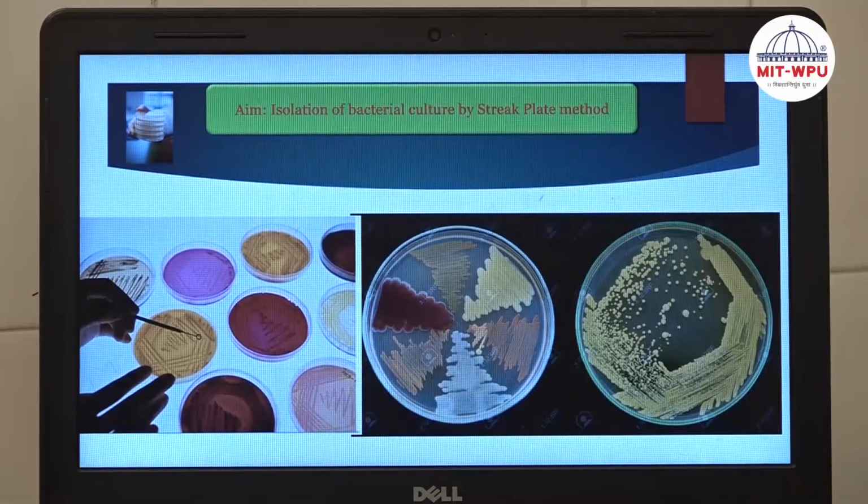We can see how it appears after the incubation. You can see the least population at the end. That colony is called a pure colony. We can take that colony and transfer it to new Petri plates, where we can get n number of colonies of the same pure culture. So this is the way how we can get a pure culture by using the streak plate method. Now we will understand how to perform these practicals.